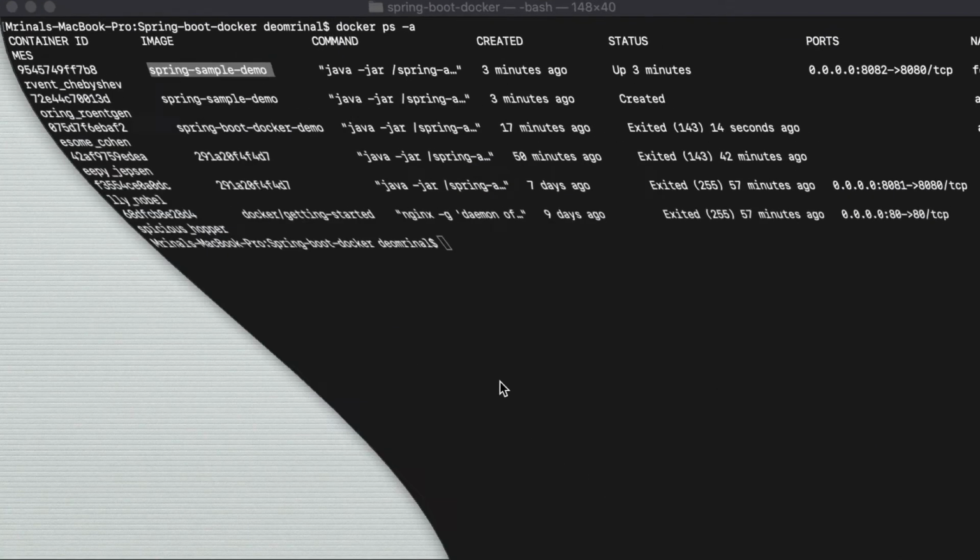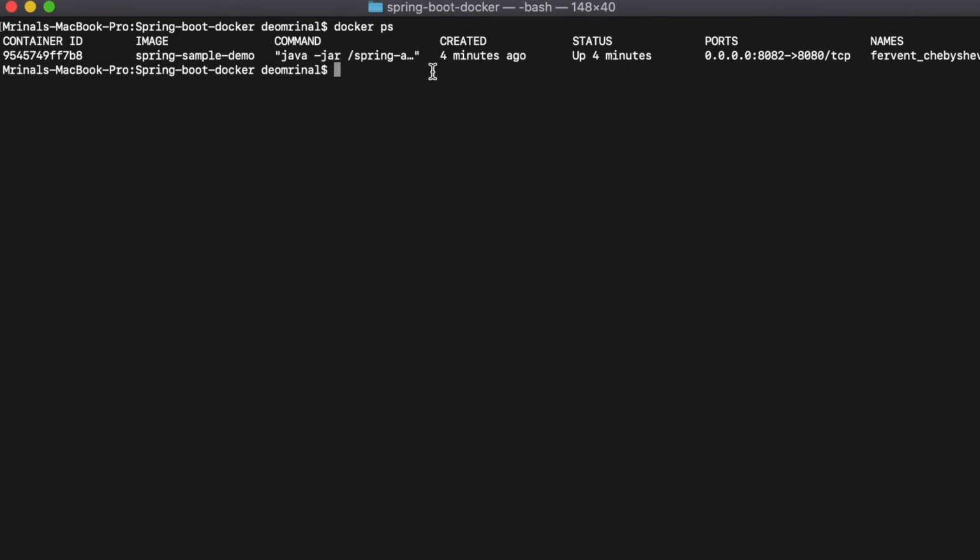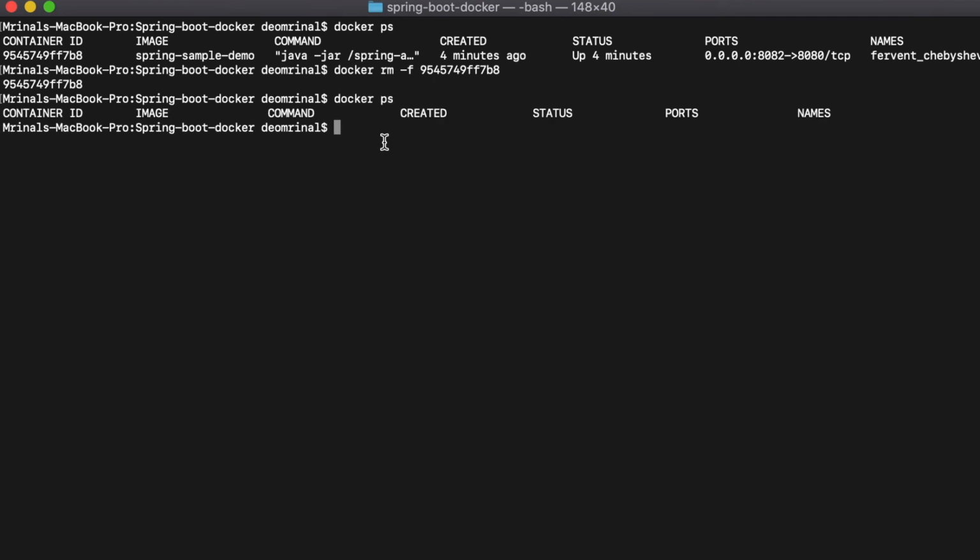So if you go here, I'll clear it. Let me see docker ps. Right now we have only one container, so let me grab this container ID, and I'll do docker rm -f and then the container ID. So docker rm means remove this container, and -f is forcefully, and this is the container ID. If I hit enter, it says it has removed, right? Let me go and see docker ps. It has removed it, nothing is actively running.